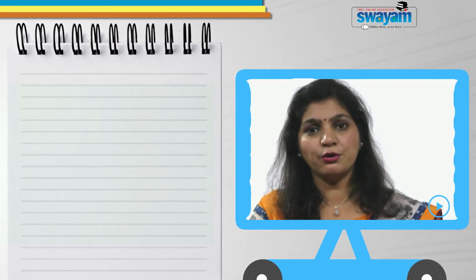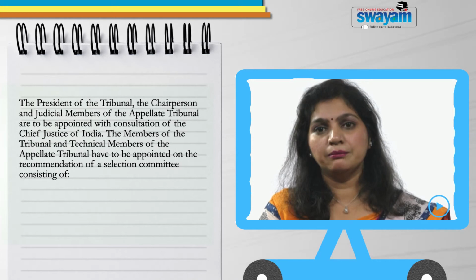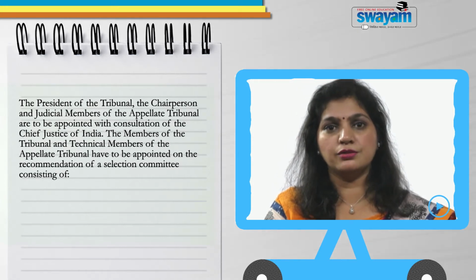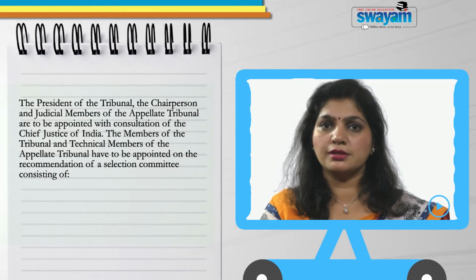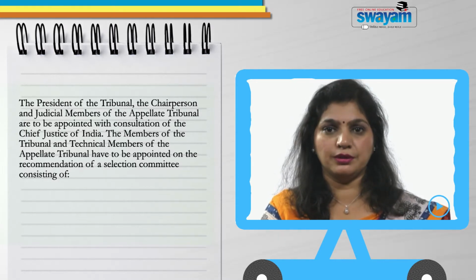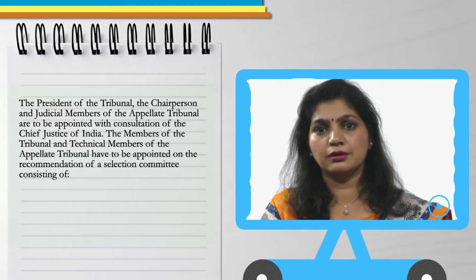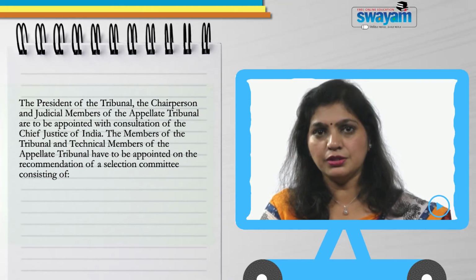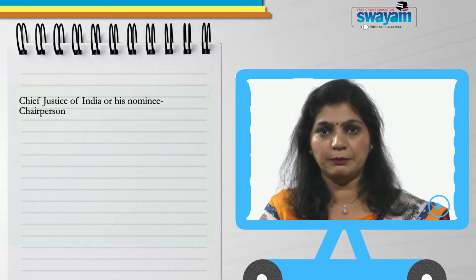Section 412 provides for selection of members. The president of the tribunal, the chairperson and judicial members of the appellate tribunal are to be appointed with consultation of the Chief Justice of India. The members of the tribunal and technical members of the appellate tribunal have to be appointed on the recommendation of a selection committee. This selection committee shall consist of Chief Justice of India or his nominee, who will be the